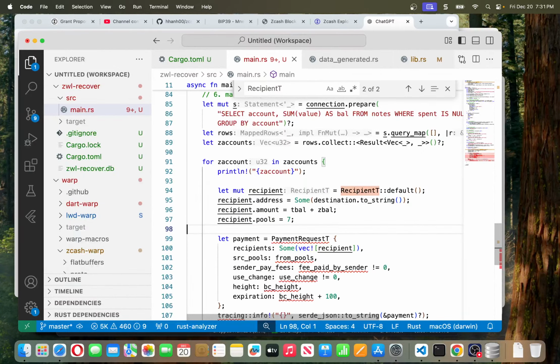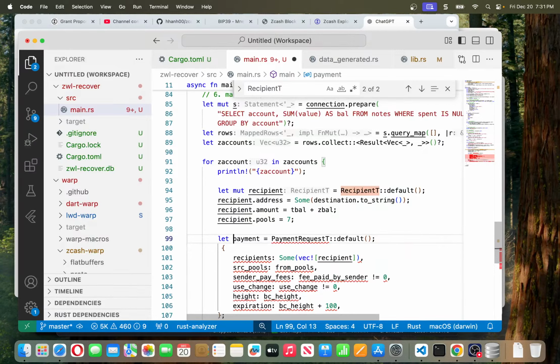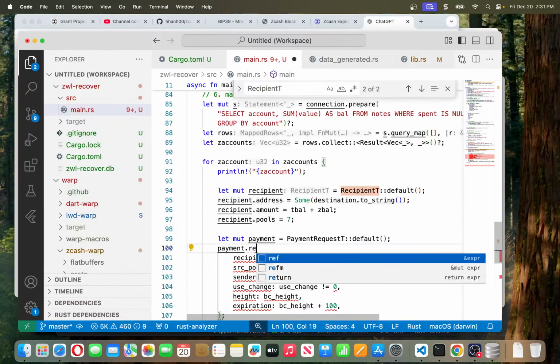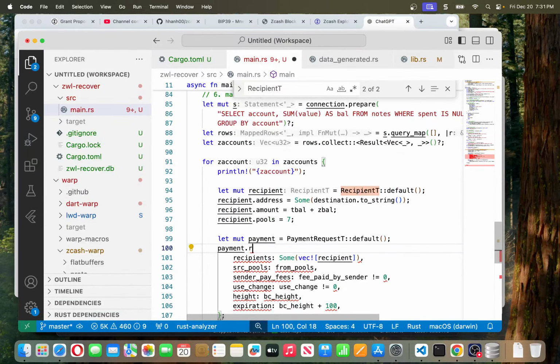Okay, and then payment request, the same story here. We have to do payment request default, make it mutable, then say payment dot recipients equal,